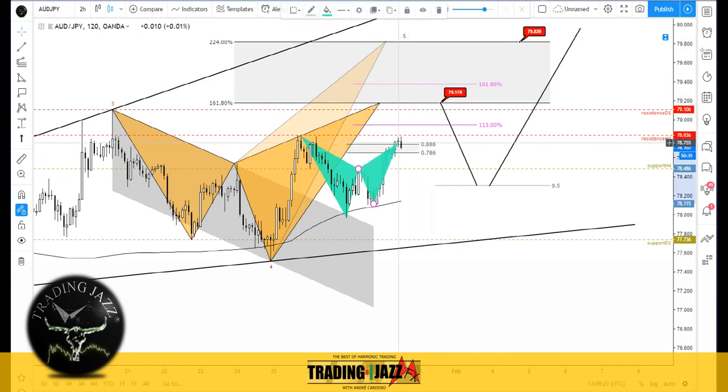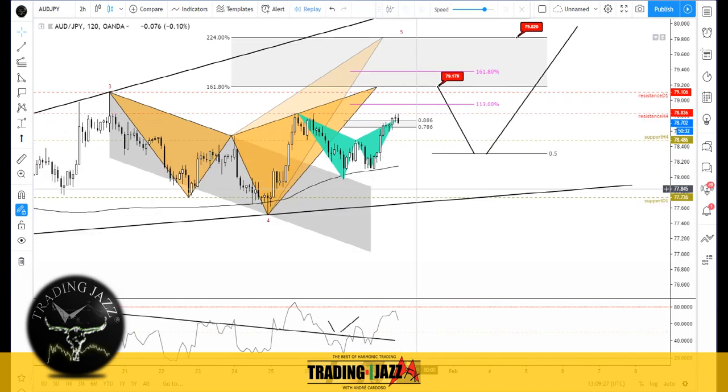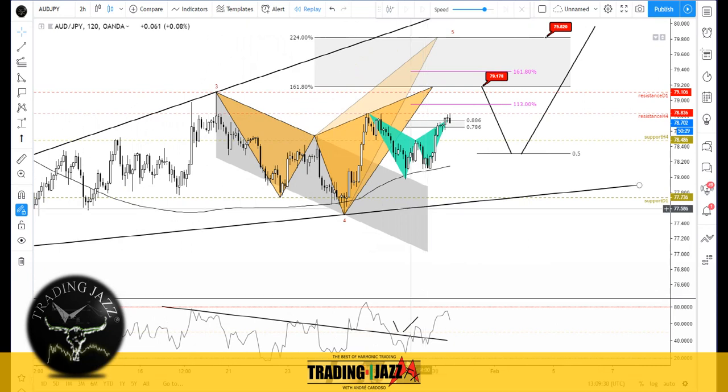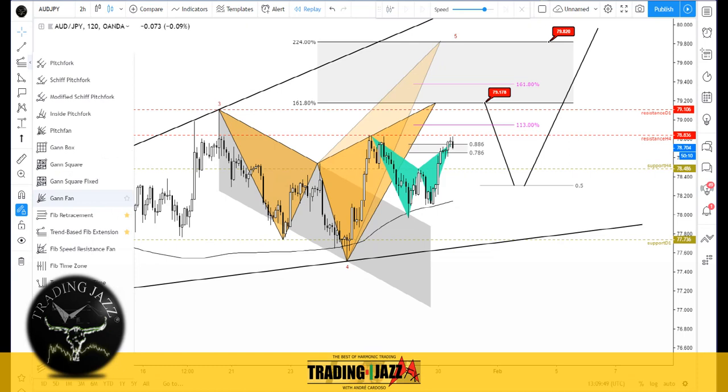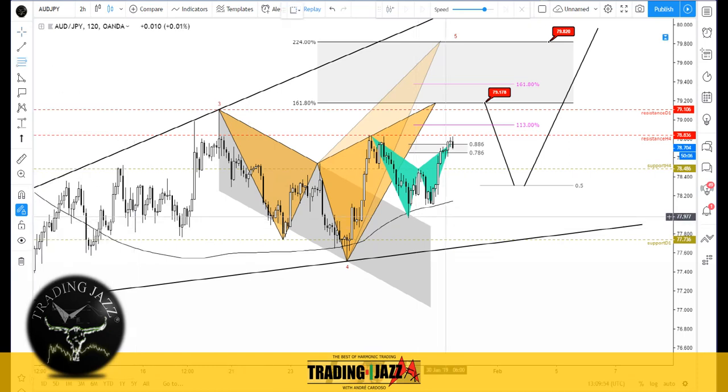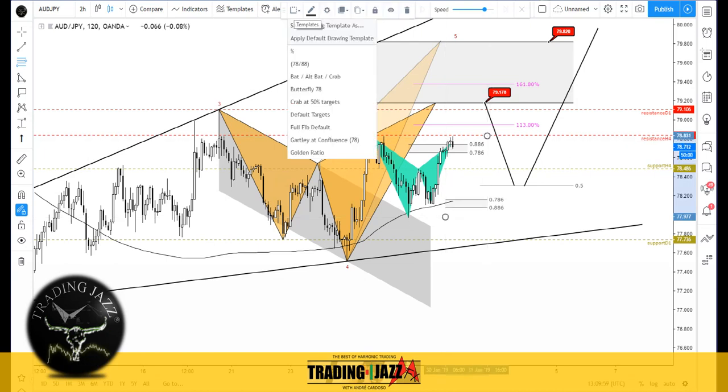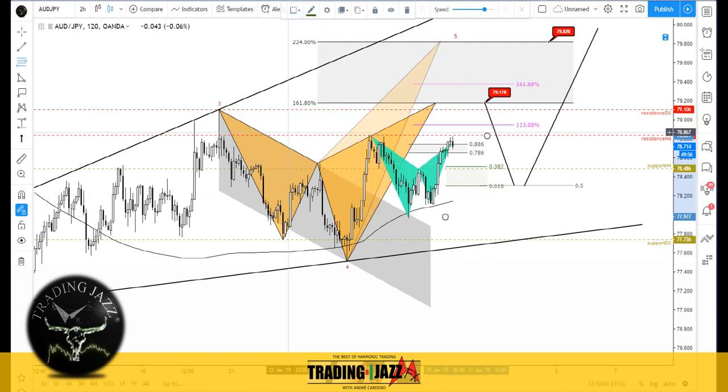It's the same for every pattern that we find. So at this point, we have the BAT pattern printed at 88% retracement. This is previous structure resistance level. There's no bearish divergence. We are approaching overbought conditions, at least for me, extremely overbought conditions. We are already overbought, which may produce some relief from here. What I mean is a minimum expectation for this pattern specifically is a 38% retracement that will put the price there,